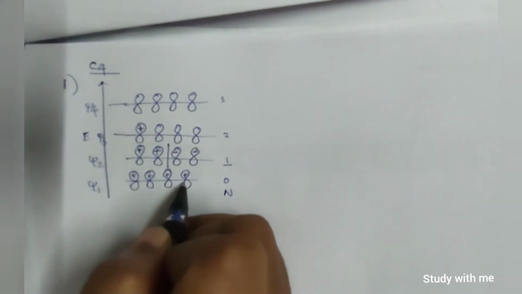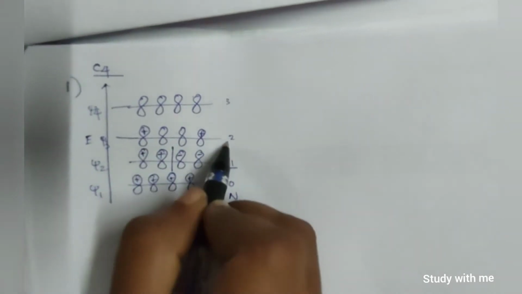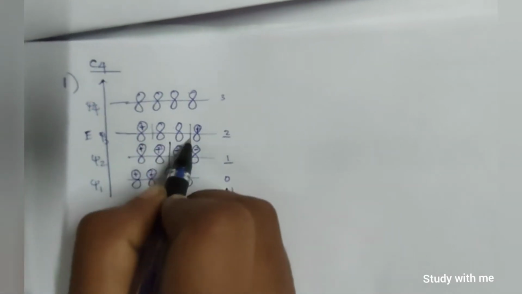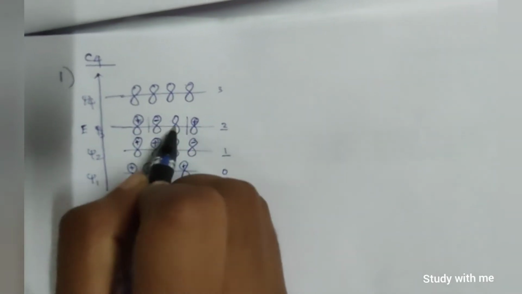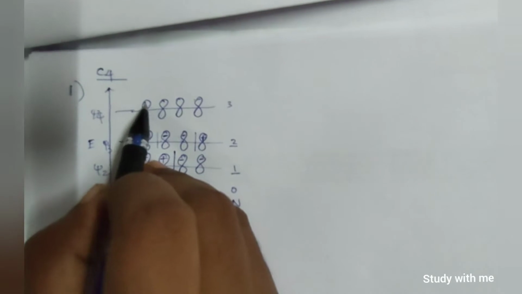In psi 3, the first one will always be positive, and the third one will also be positive. Here we have 2 nodes, so we can draw these nodes here and here. The one with 1 node between them will be negative. These 2 have different signs, so this will be negative, and this will have the same sign. Okay, this is completed. And I have said that the last one will have alternating signs, isn't it? So plus, minus, plus, minus. These are the signs for the MO diagram.